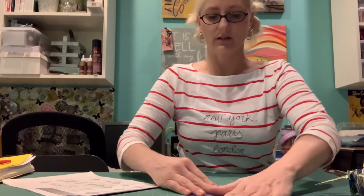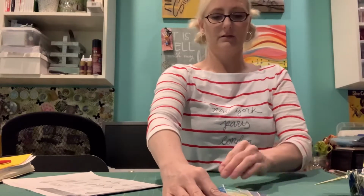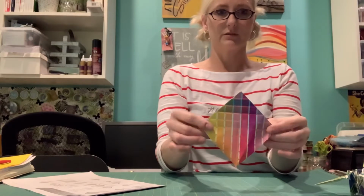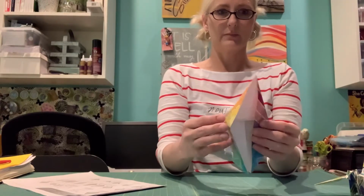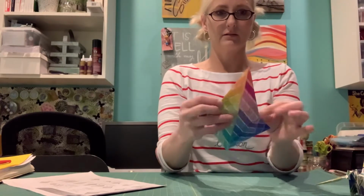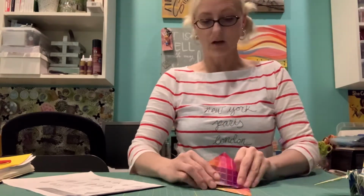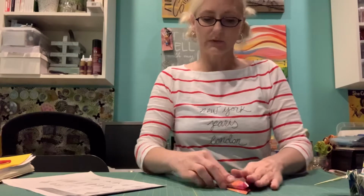So at this point, it looks kind of like a kite. See? Looks like that. So this is how that worked. It was like this, and it comes back like that. Okay. I'm going to do that with the other side, too. Believe it or not, we are almost done with our crane. This is a really simple